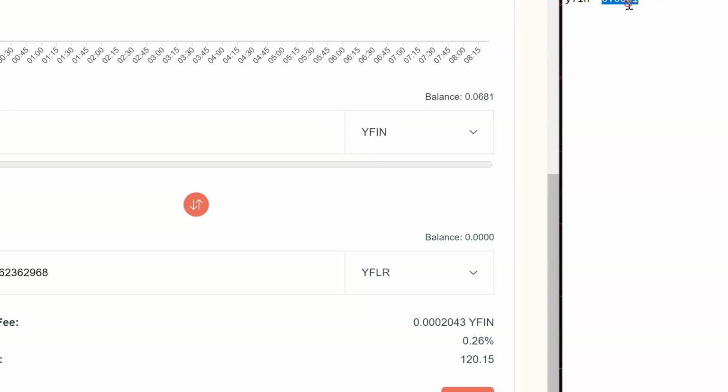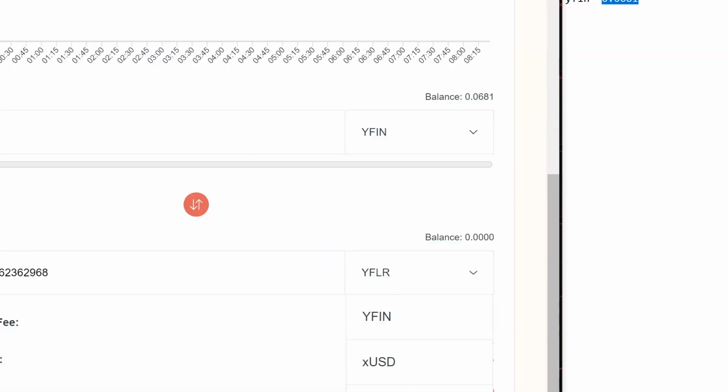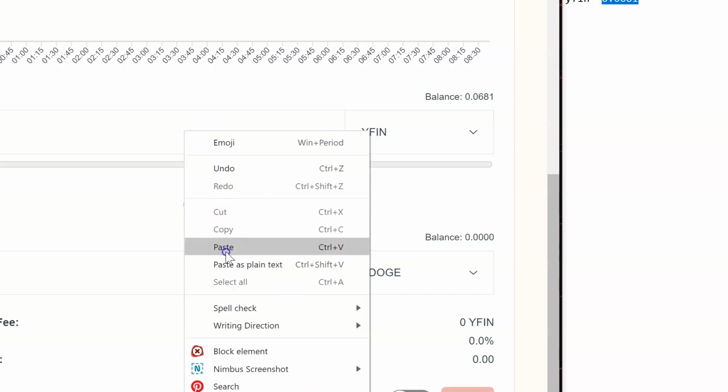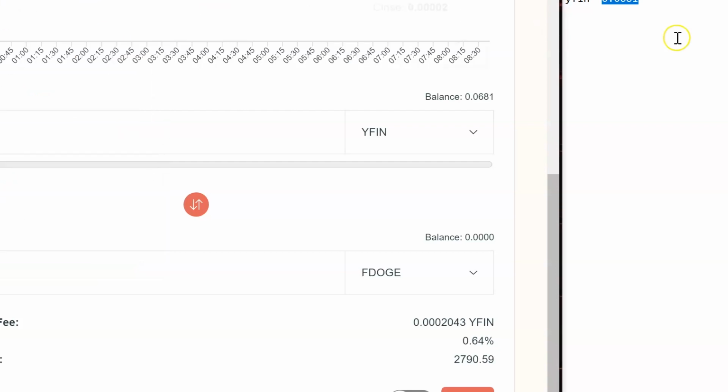Now we're going to still take this value and try to do something else with it. What did the Arb say real quick? We'll go right back here. So Y-Fin Doge, Y-Fin LTC. So then I go, okay, who has the highest number? The Doge does. So I'll go Doge and then LTC. I'll try that, see if that works. So we'll go Doge, paste, copy. Well, I guess maybe it'll help if I put Doge.